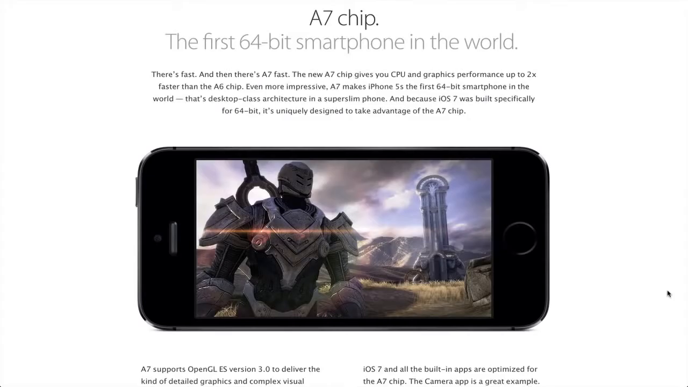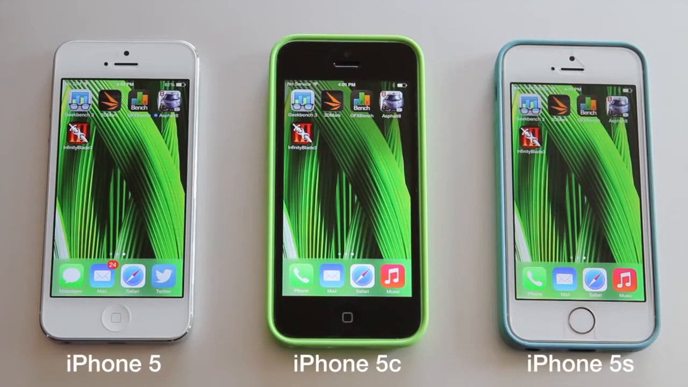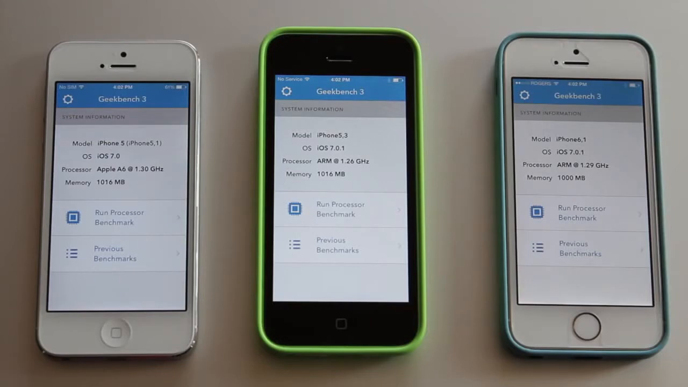The iPhone 5S sports the new A7 chip, which should make it faster than any of the previous iPhones, including the new iPhone 5C. So let's put the phones to the test to see which is faster and if there really is a difference. Now, although the iPhone 5 and 5C are sporting basically the same internals, I'm going to compare the 5, the 5C, and the 5S just to be fair and to make sure the 5 and 5C